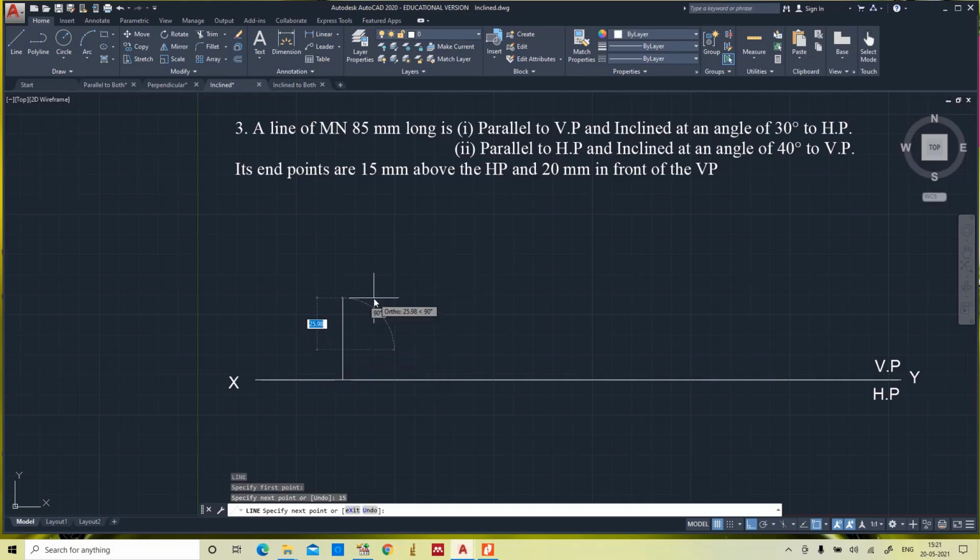15 mm above HP, 20 mm in front of VP. The endpoints are 15 mm above HP and 20 mm in front of VP. Okay. When a line is inclined at an angle of 30 degrees to HP,